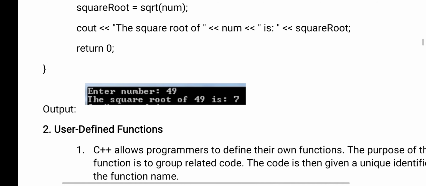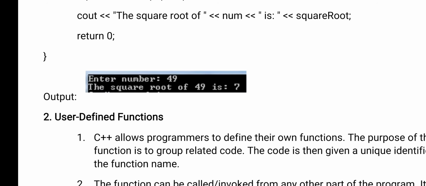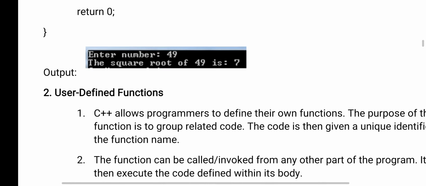Okay, here you see, enter a number. Example 49 is there. So what is the square root of 49? 7 it will display. But how to find out the square root and all, I have not given, because it is already there in the sqrt, because sqrt is the library function. Library function means whatever code is needed, whatever statements are needed to execute that function, everything is already there in that. Just you need to pass the value.